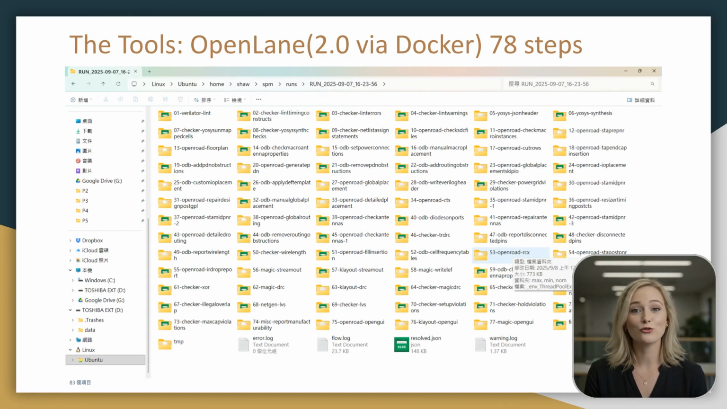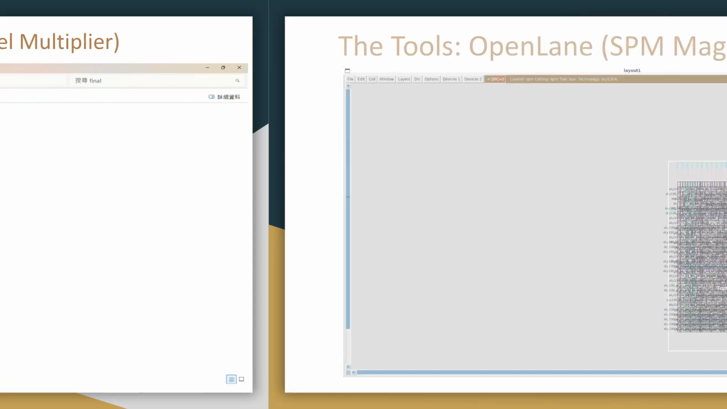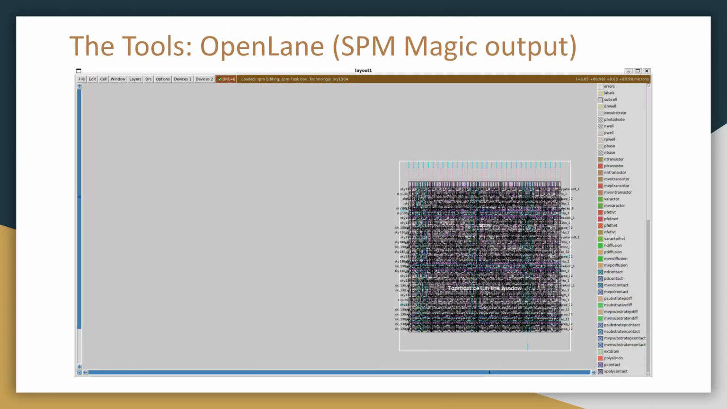OpenLane 2.0, running via Docker, manages the complex physical design process through an automated flow consisting of 78 distinct steps. This slide displays the final output directories generated by OpenLane for a serial by parallel multiplier project, including design, GDS, and timing files. Here is the visual representation of the layout as generated by Magic, displaying the cells and routing